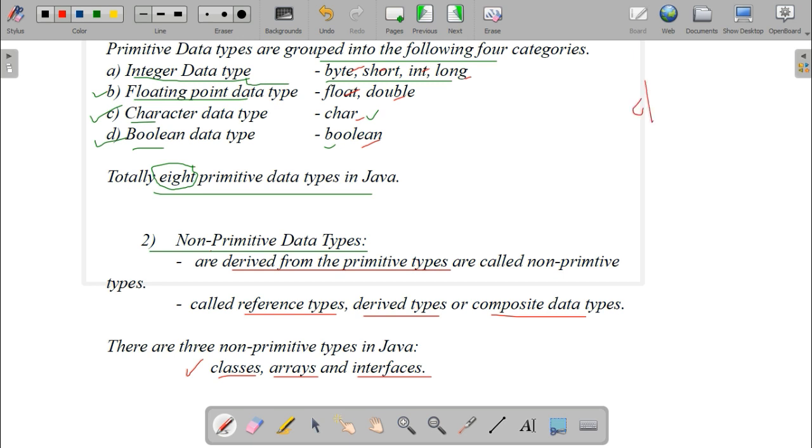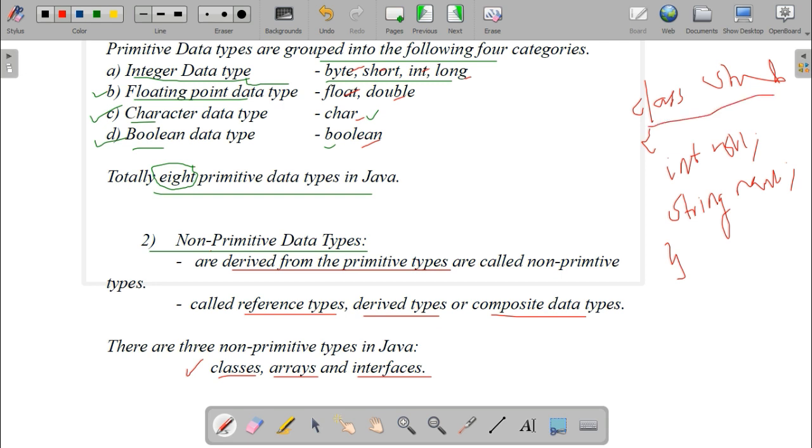If you want to consider a student class, a student has a roll number. Just consider like this. We can write integer roll, is it? Yes. Then string name. So it consists of different primitive data types. I'm writing only two.